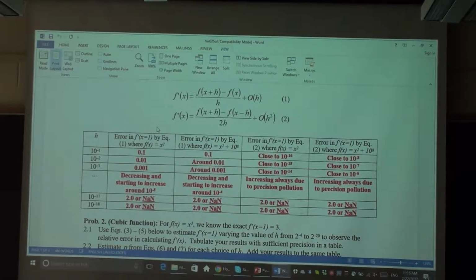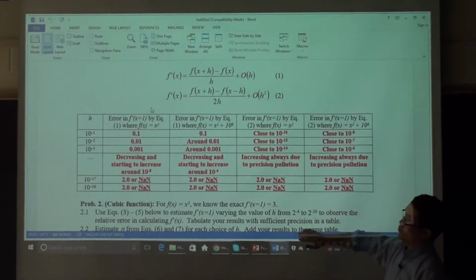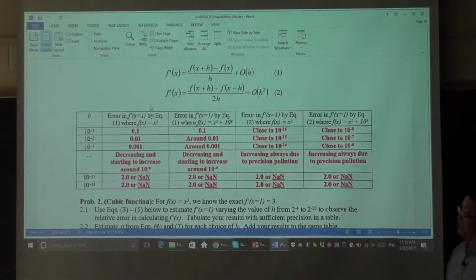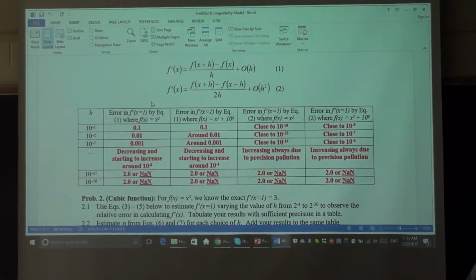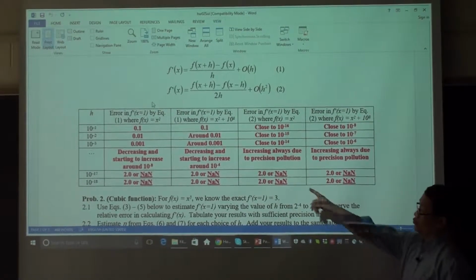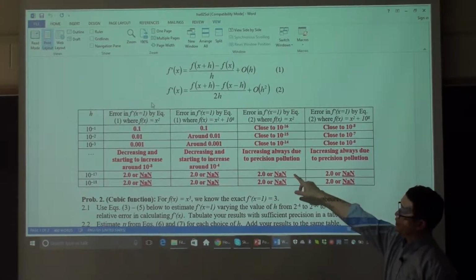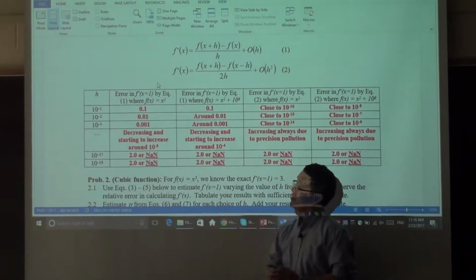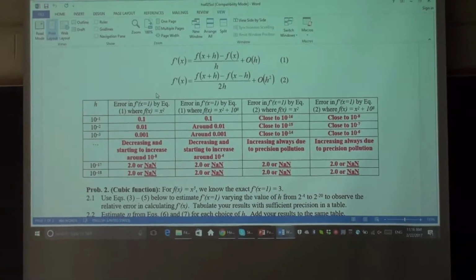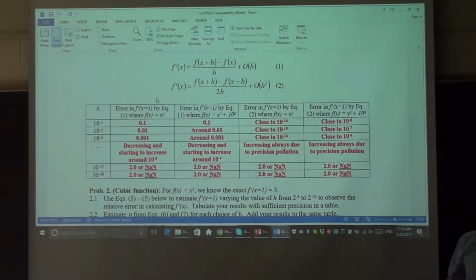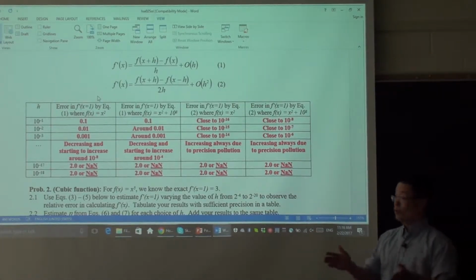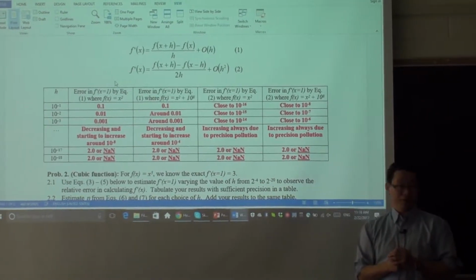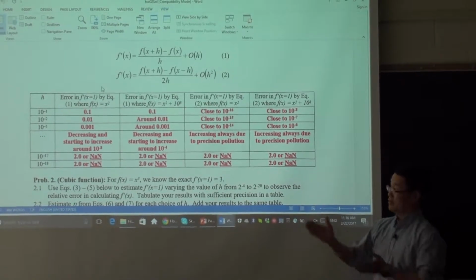So the expected answer is something you should see when you calculate your local differentiation: decreasing h, for a first order scheme, the error decreases like h. That should be so.